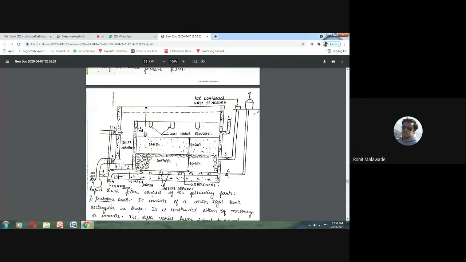So valve number 1 and valve number 4 will be kept open, and if we close valve number 5 and valve number 6, the filtered water, instead of going from here, is going to enter into this. So valve number 1 and valve number 4, during the process of filtration, are going to be opened.